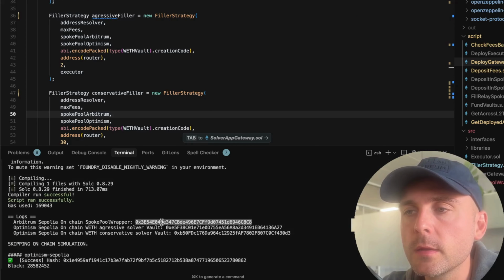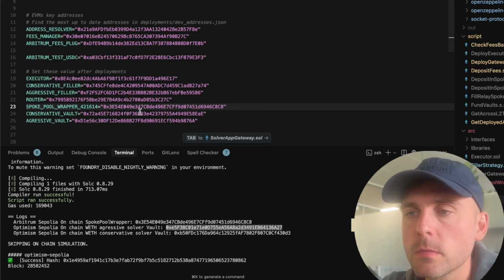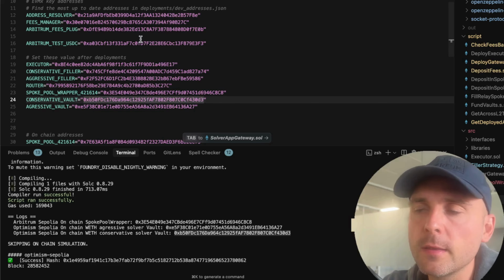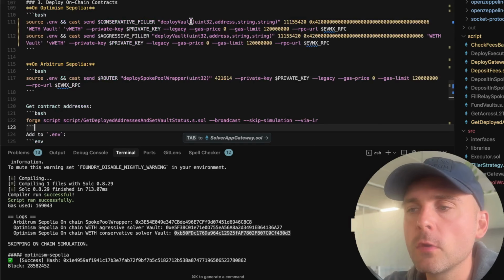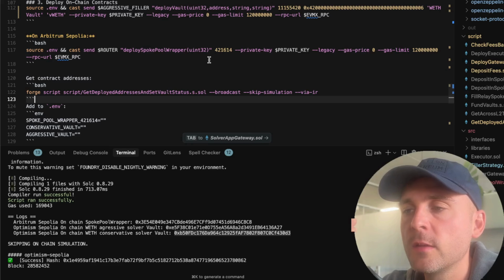Perfect, here they are. And then you just need to add them to the environment variables as well. Perfect, I think we're set. And all we need to do is fund those vaults with some ETH. And then we can fire off an intent and see it being picked up by our strategies and filled by